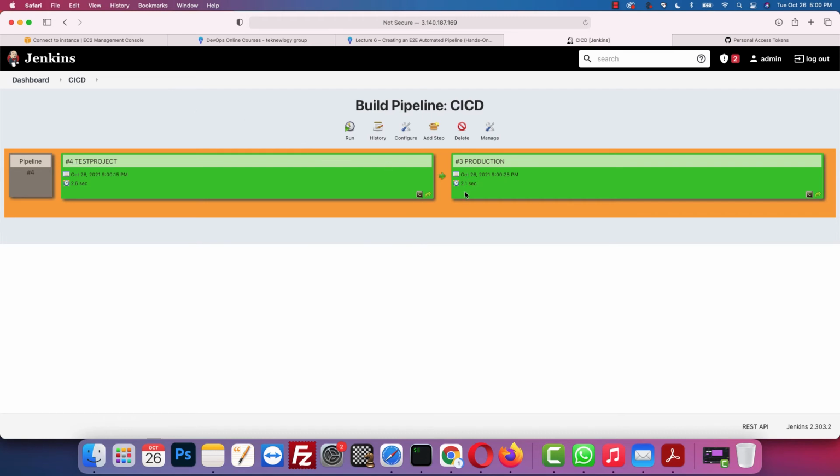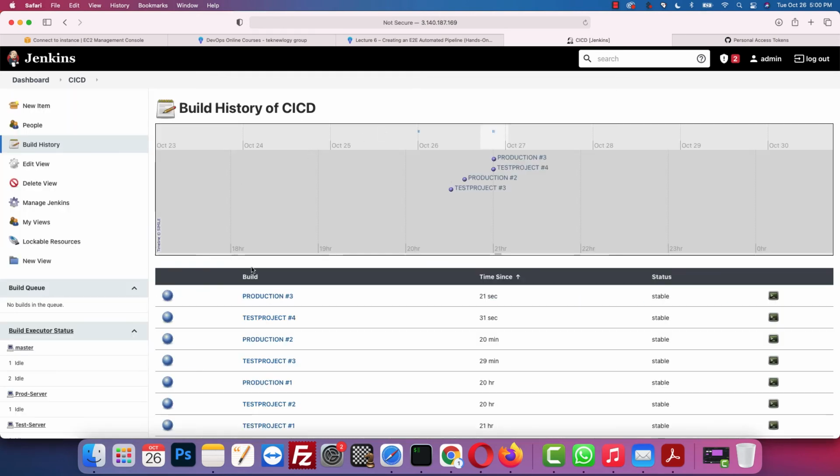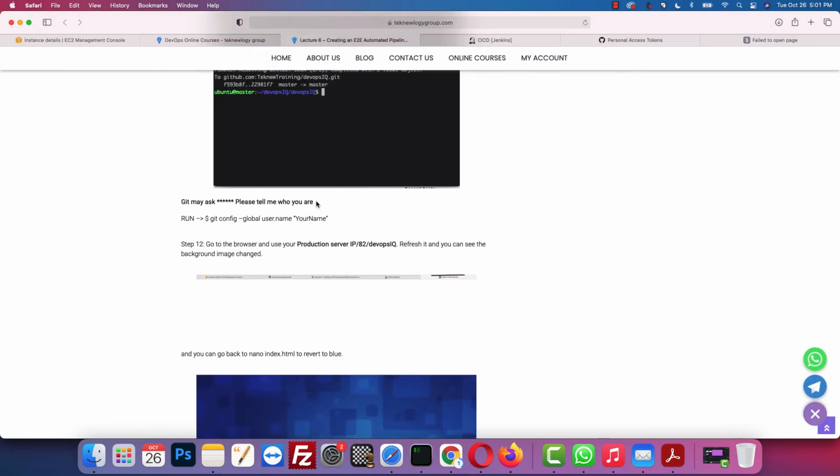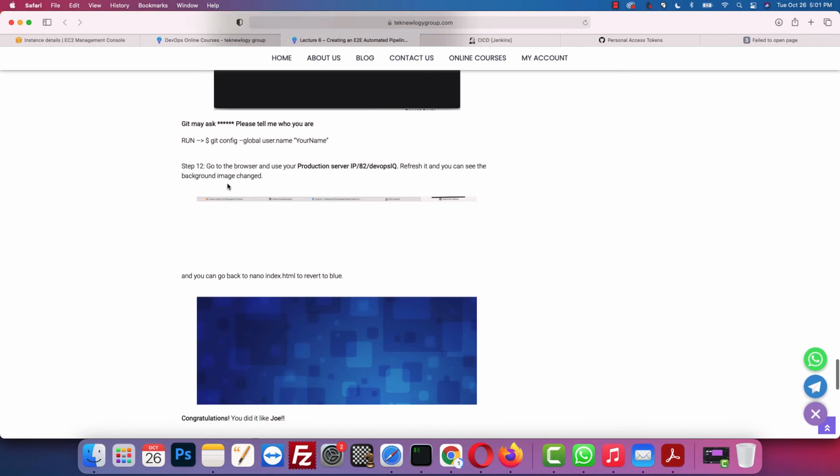So you're already supposed to have a build right now. Let's go back to the build history. Alright, so you can see 21. The last build is 21 seconds ago. So the next thing we need to do, step 12, go to the browser and use your production server IP